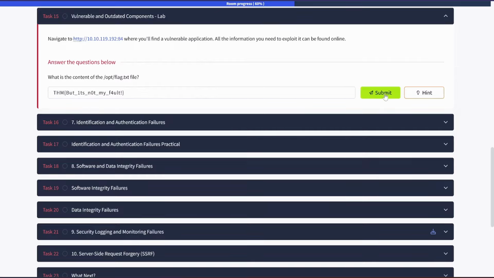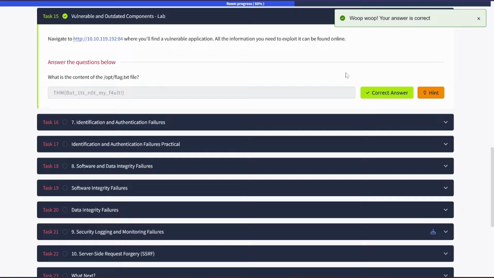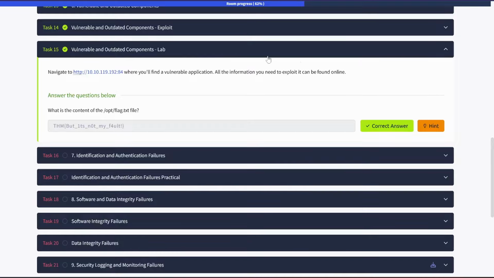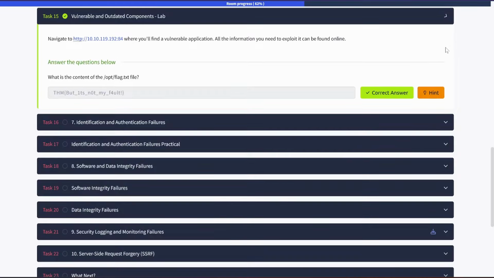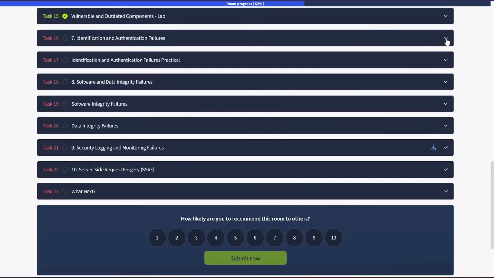Now, usually if something is so outdated that there's a remote code execution, somebody at the company will do something about it and it gets fixed. But there's other exploits that can very easily lead to remote code execution, and companies will sometimes just not update their components. So very realistic. This is probably my favorite lab on here just because of the concept that it teaches. So now we're done with task 15. You can mark complete and move on to task 16,